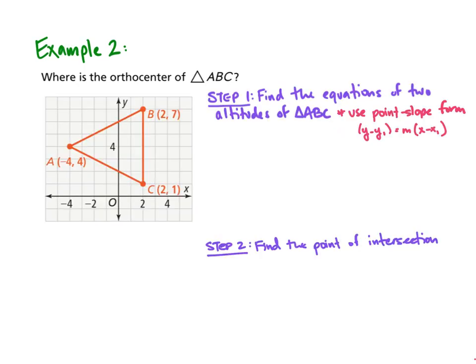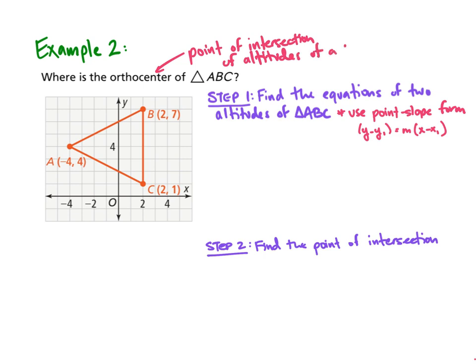Okay, so now in this second question, we're going to have a little fun. I like questions like this. What this question is doing is it's asking us for the location of the orthocenter of our triangle. So remember, the orthocenter is the point of intersection of the altitudes